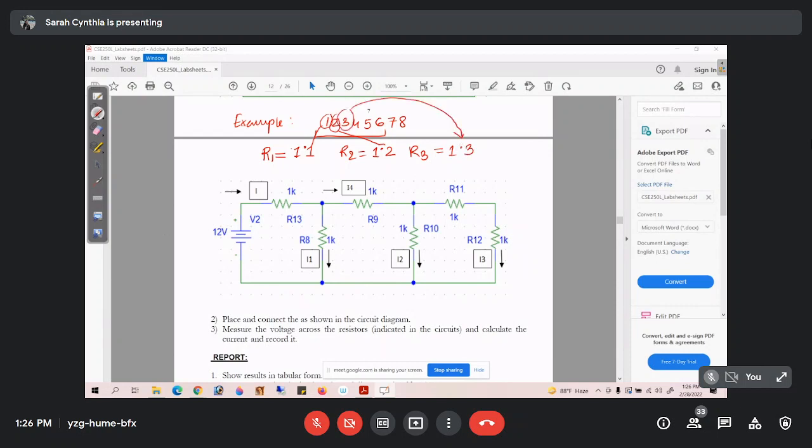So am I clear? Yes, ma'am. আচ্ছা, so yes, দুইটা রেজিস্ট্যান্সের ভ্যালু যদি সেম হয়ে যায় সেখানে তো প্রবলেম হবে না। না না, প্রবলেম হবে না। একদম।